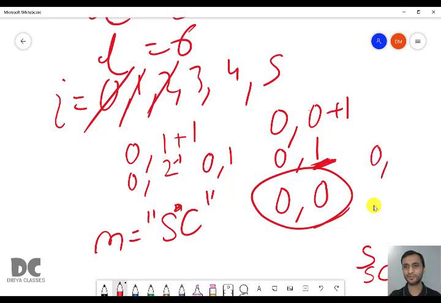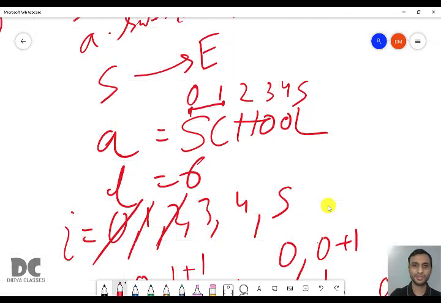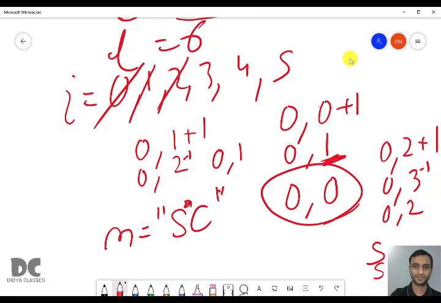So that is 0, 2 plus 1, 0, 3. But it will reduce -1 automatically, it will be 0, 2. So 0, then 1, then 2. SCH will be extracted. So in N, SCH will be stored, and what it will print? It will print SCH.